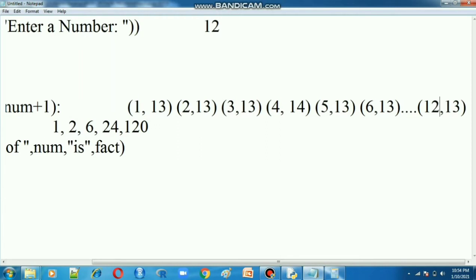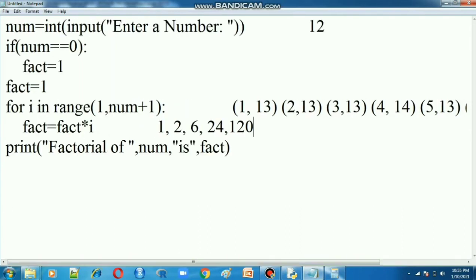Now we go for 6, 7, 8, 9, 10, 11, 12. Up to 12 it will continuously check the condition, multiply the value and store it in the fact variable. Up to 12 it will be multiplying and storing in the fact variable, so the final value will be displayed from here.